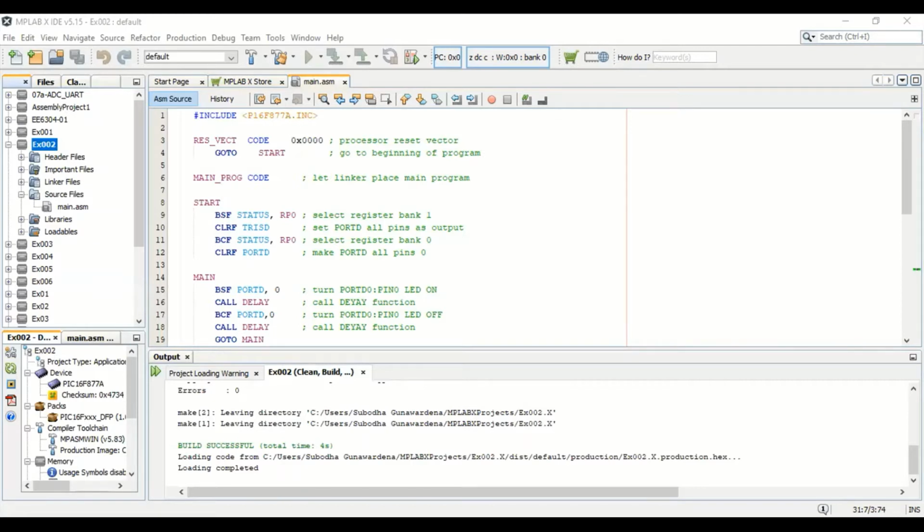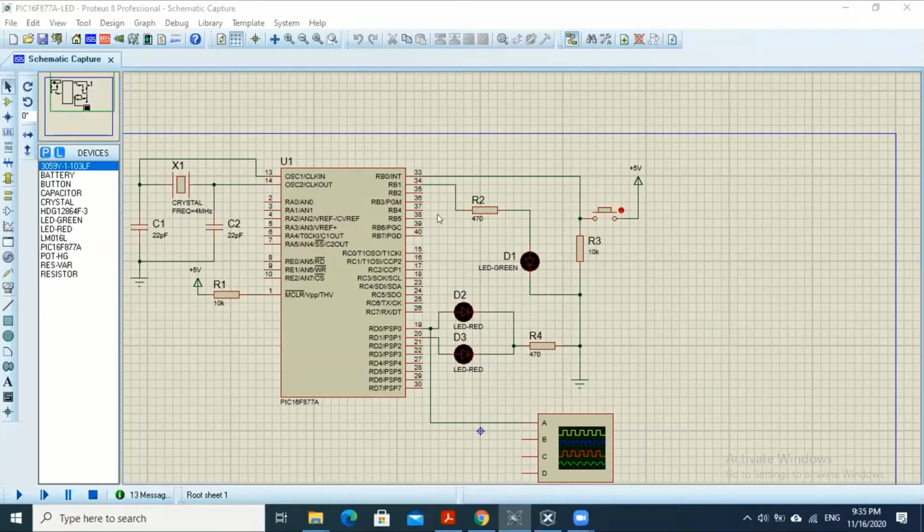I will go to my Proteus simulation. In my Proteus simulation, here you can see I have my PIC16F877A microcontroller, and there's a LED attached to port D pin 0.